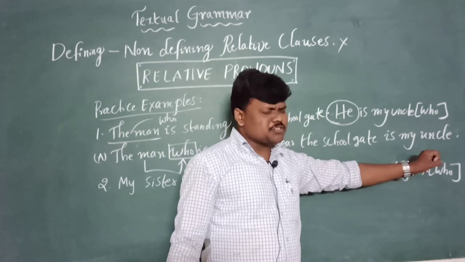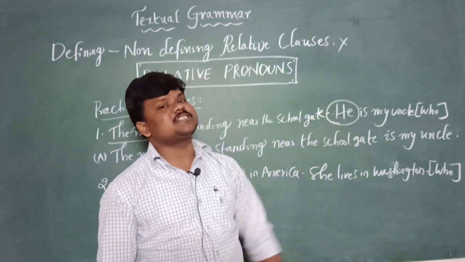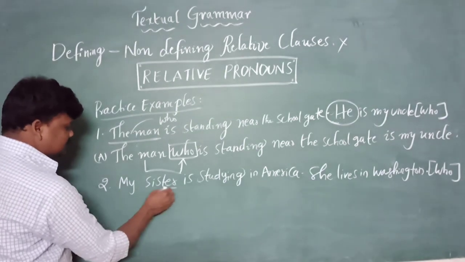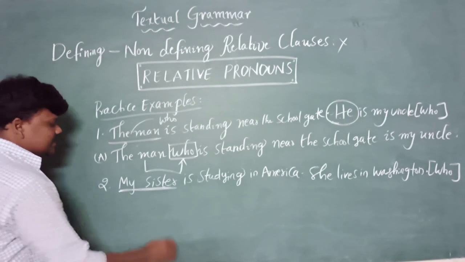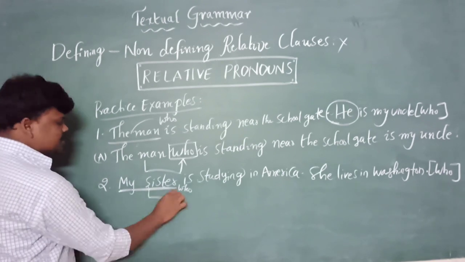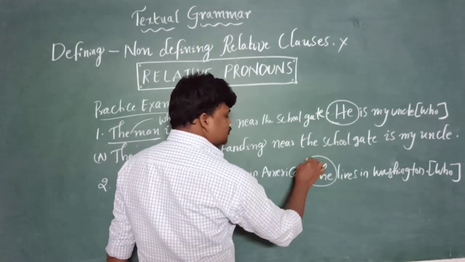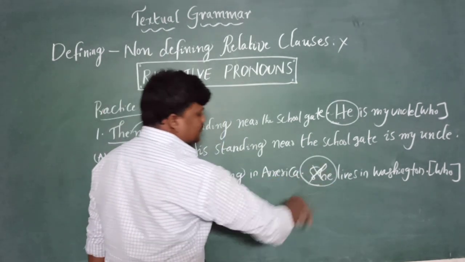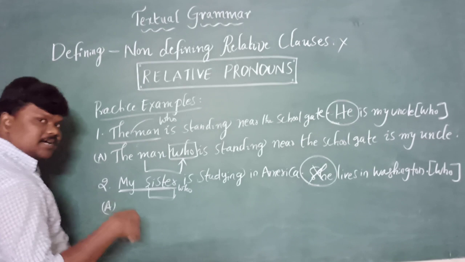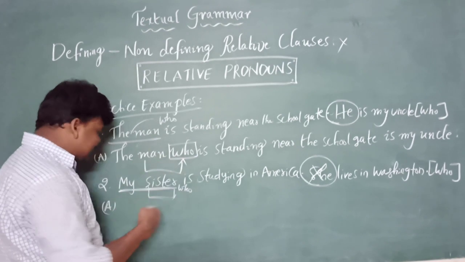Who. If it is who, we should remember persons, and that too we need to check in the first sentence, right? My sister is a person. This person immediately needs to be followed by who, and if any pronoun in the second sentence is very close to that person, we should remove it compulsorily along with the full stop. So the answer is, let me say the answer. I know many students are saying the answer for this.